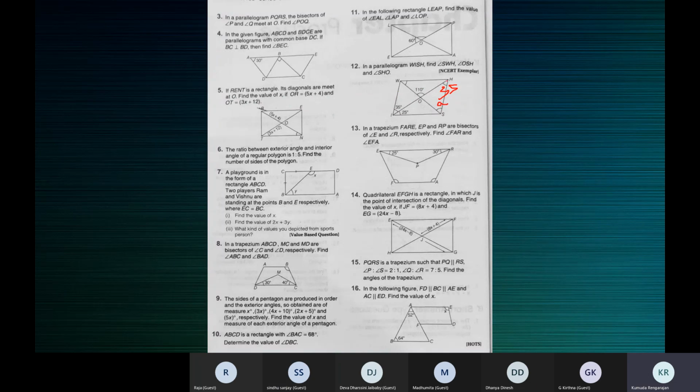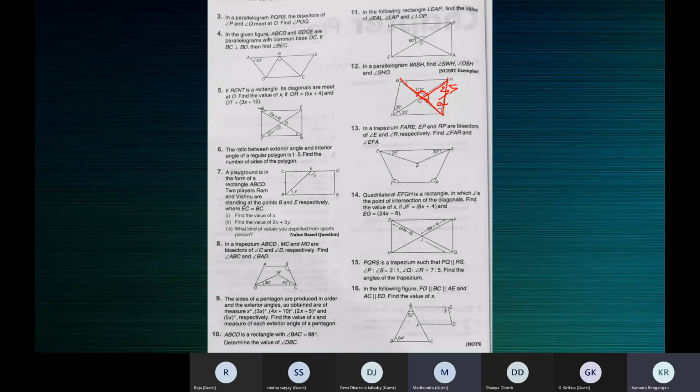Now, can you see the triangle? Can you see this triangle? Yes, ma'am. Can you see the side is produced? Can you see the exterior angle? Yes, ma'am. So what's the property? For this exterior angle, this is the interior angle. So now tell me. Ma'am, that's 70 degrees, ma'am. Linear pair.